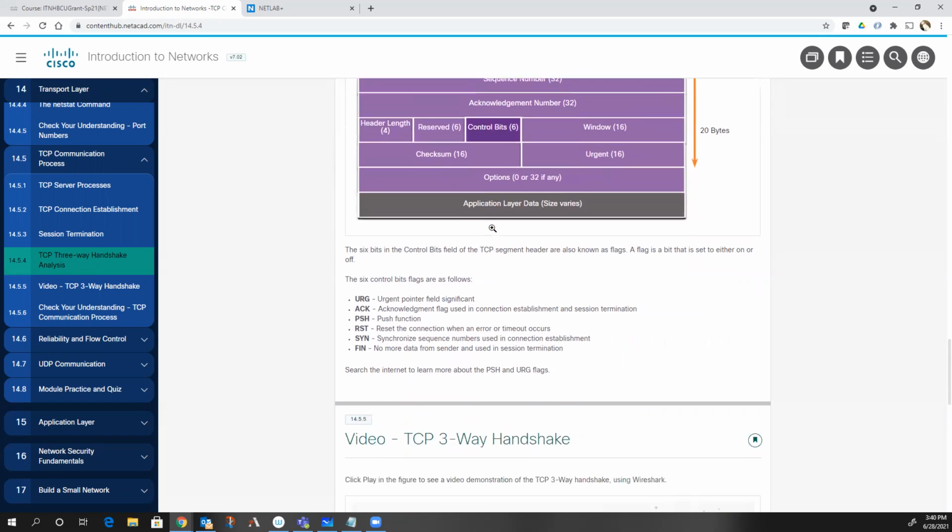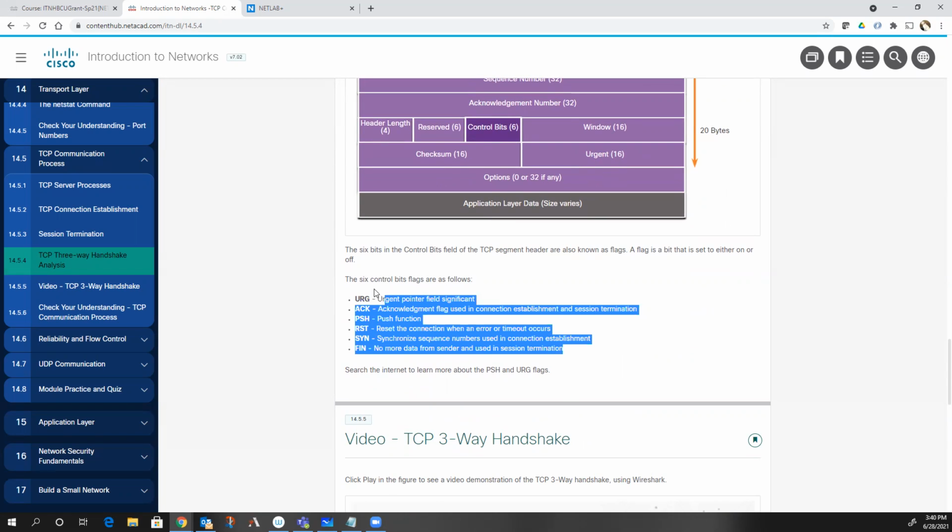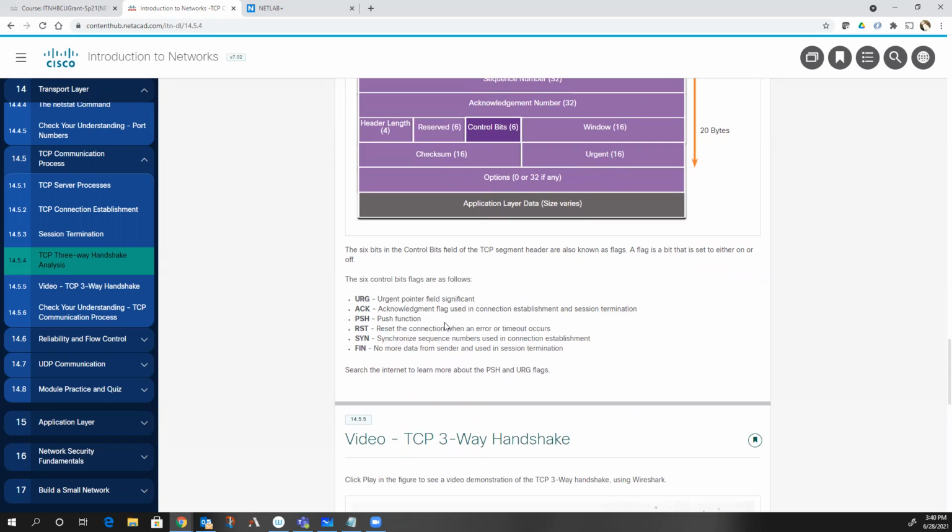But in the control bits, there's urg, ack, push, reset, syn, and fin. I would know those 6, and those 6 are important for your students to know. You're not going to have to do a whole lot with them right now, but as you move on in the networking world, it's good to know these because they're also used a great deal in